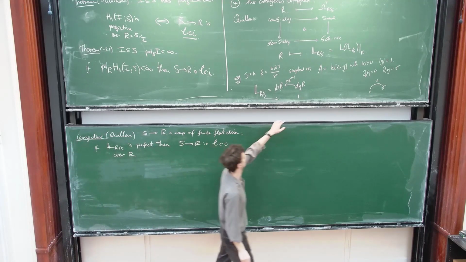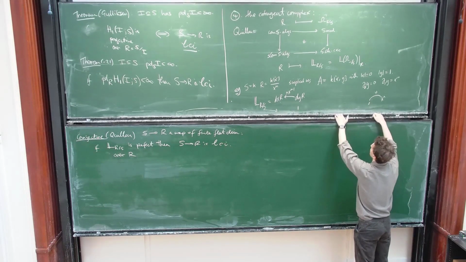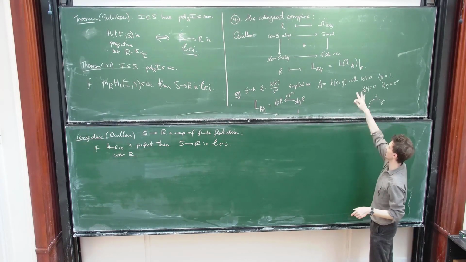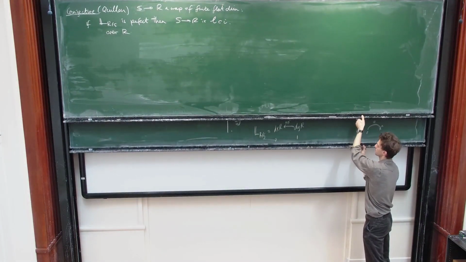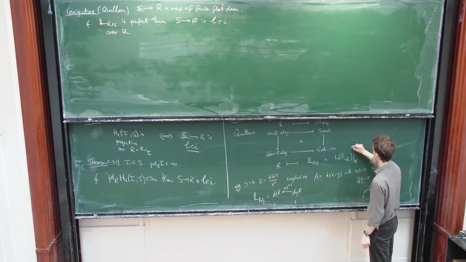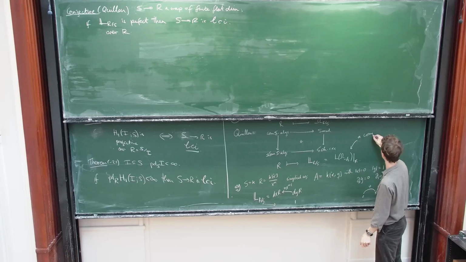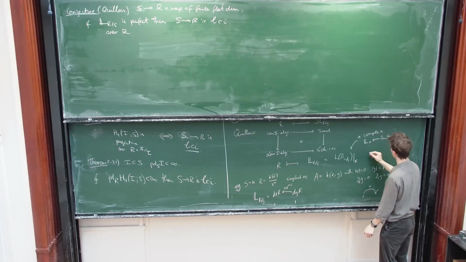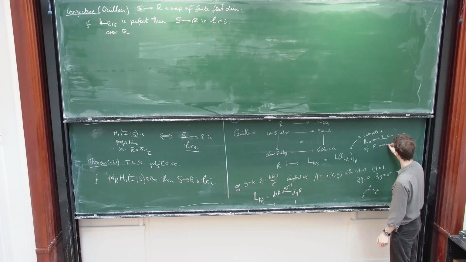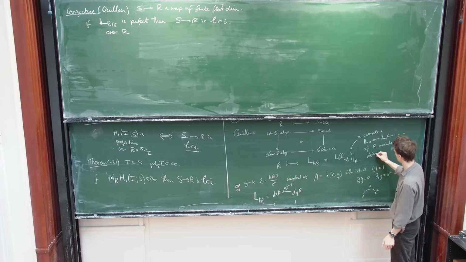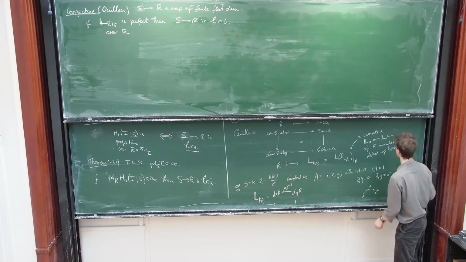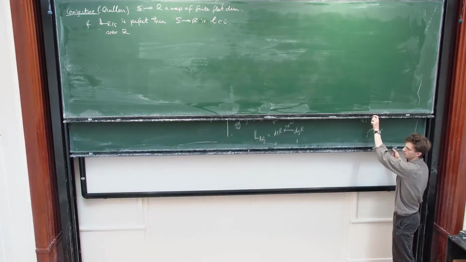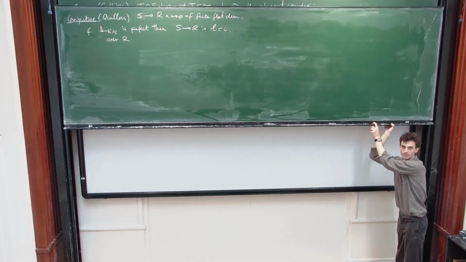Yeah, so you can set this up more carefully so that you know you're going to get an R module at the end, but you do get an R module or a complex of R modules at the end. So this is a connected complex. We can write L0, L1 of R modules, defined as homology. So the usual story, if you take a different simplicial resolution, we get a